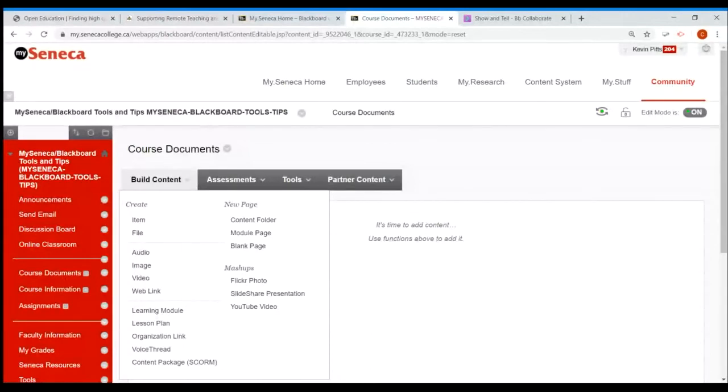And I'm going to talk about content folders, content items, web links. Those are the main ones that you might want to look at. Okay, so the first I'm going to do is content folder. I'm just going to say, let's start to build a folder, and you want to look at,